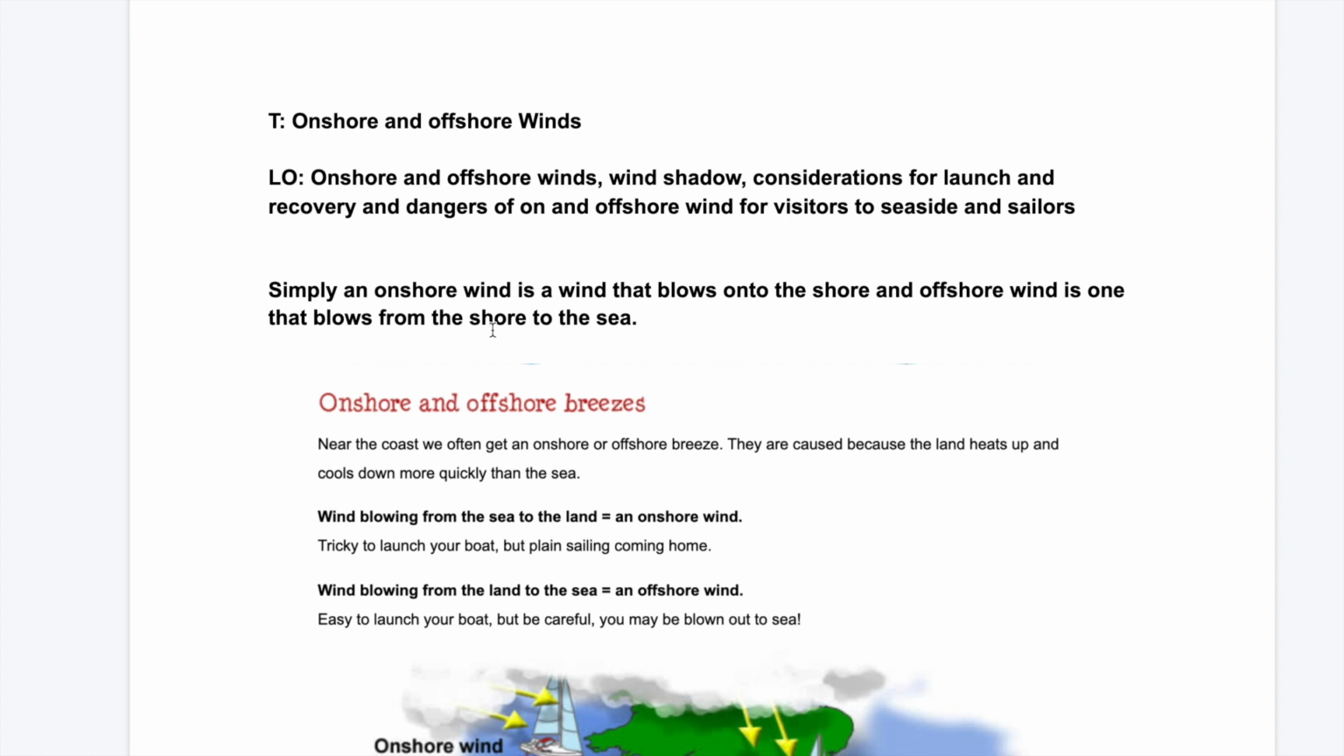Today I want to talk about onshore and offshore winds, and the learning outcome for today will be onshore and offshore winds. What is a wind shadow? Considerations for launching and recovery of our dinghy, and the dangers of on and offshore winds for visitors to seaside